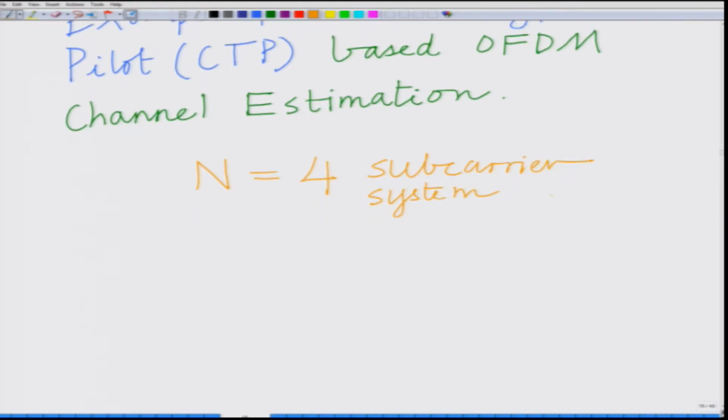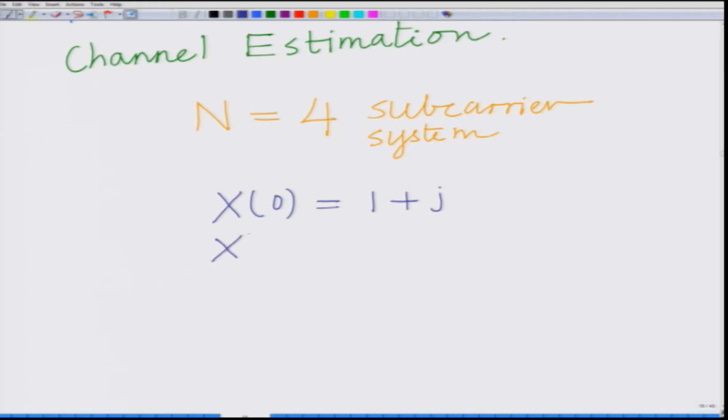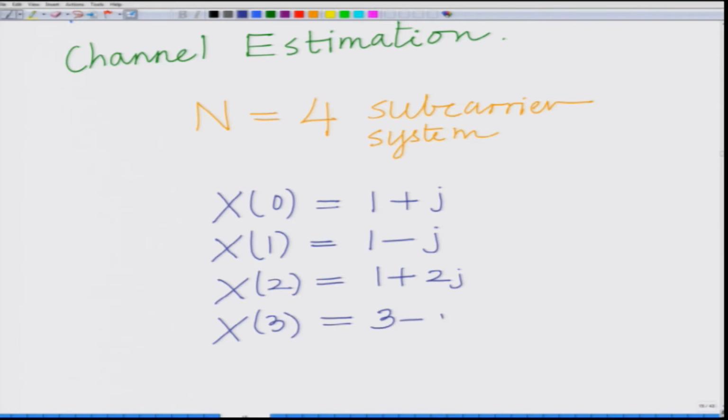And in this, the information symbols loaded onto the subcarriers, we are going to set them as capital X0 equals 1 plus j, capital X1 equals 1 minus j, capital X2 equals 1 plus 2j, capital X3 equals 2 minus j, that is the same as before. So, these are the N equal to 4 symbols loaded onto the subcarriers,